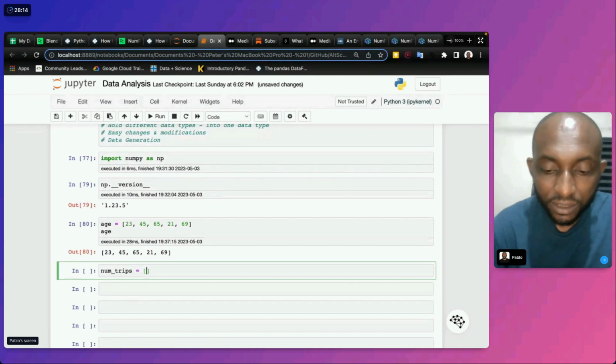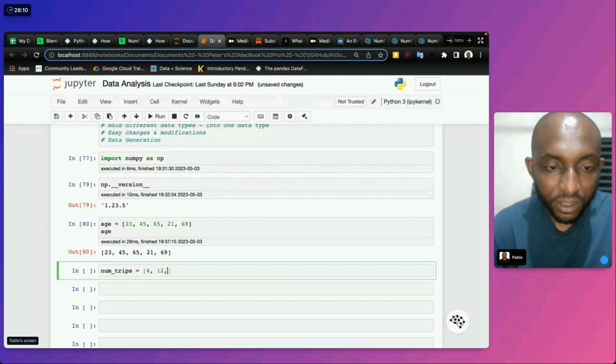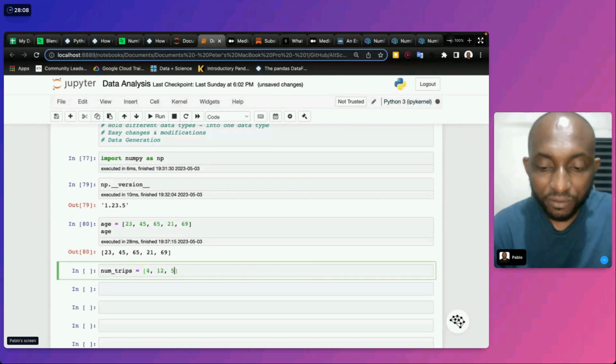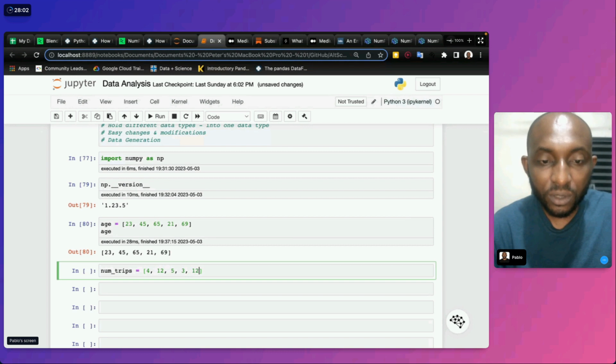So the first person has traveled 4 times, the second person has traveled 12 times, this one has traveled 5 times, this person has traveled 3 times, and the last person has traveled 12.